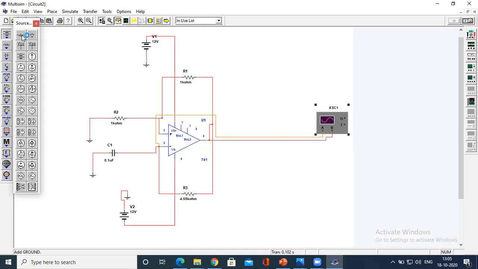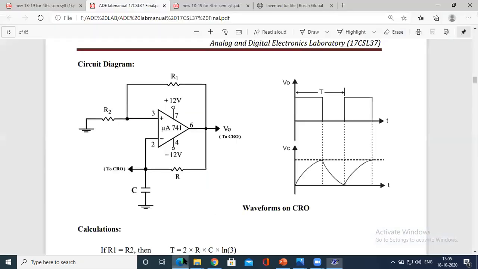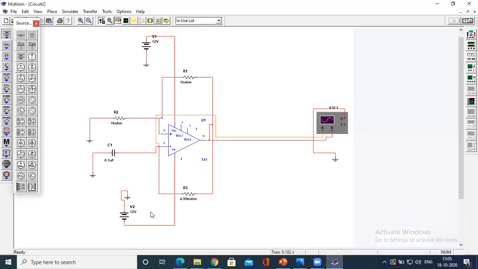Now even this we have to connect it to ground, all of you. I've connected this to ground. Then you verify the connection, whether all the circuit is proper. 3 to 6 shortened, 2 to 6 is shortened with resistor, 3 to 1 more resistor with the ground, 2 to with the capacitor, and we have 2 connected to the input of the CRO, 6 to the output, 7 to the plus 12 volt, again 4 to the minus 12 volt DC voltage. Everything is done right now.